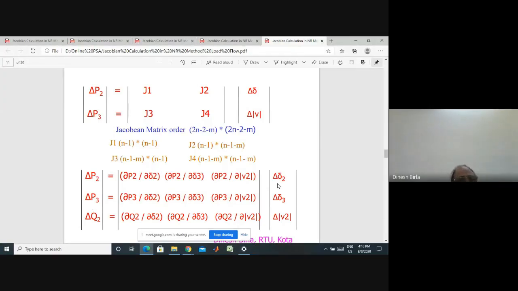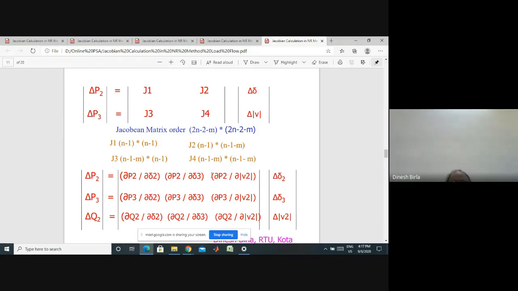Now, whatever the number is, either on the left hand side or on the right hand side, of that order we will have the Jacobian, 5 into 5. It is very clear that in the first row of the Jacobian, for only P2, there will be variations for all the 5 parameters. In this case it is a 3-bus system, so there are 3 variations. If it is a 4-bus system, there will be 4 variations. If it is a 5-bus system, it will be 5 variations. Just that this del P2 by del V2 will extend.